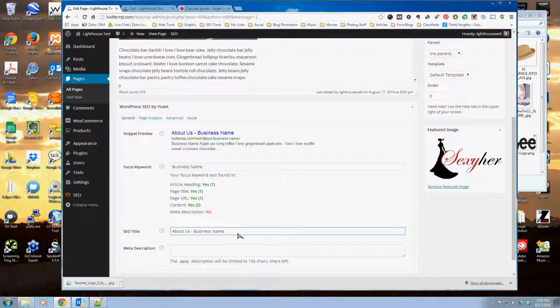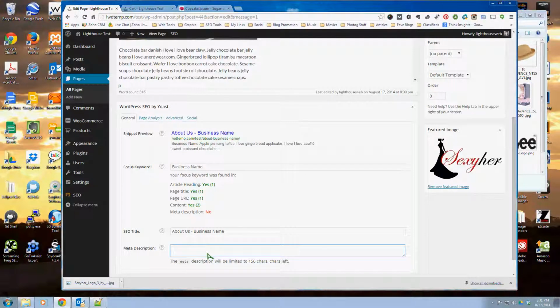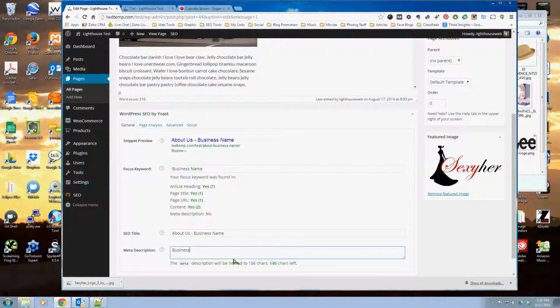But one thing you need to keep in mind is just because we ask Google, now Google is worse about this than the other ones, but just because we ask Google to make it look like this doesn't mean it's going to. Google will sometimes pull from content inside your page to fill this part up. This is the meta description, usually, okay? So this is your opportunity to advertise what this page is about. So this is your opportunity to say, hey, this is the reason why you should click here and read about this. So we would put, of course, business name